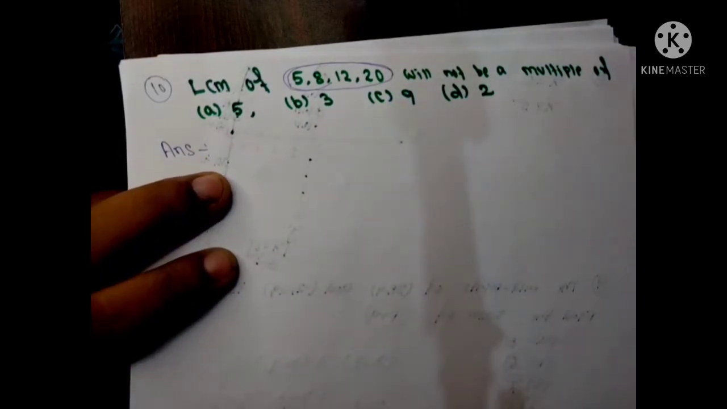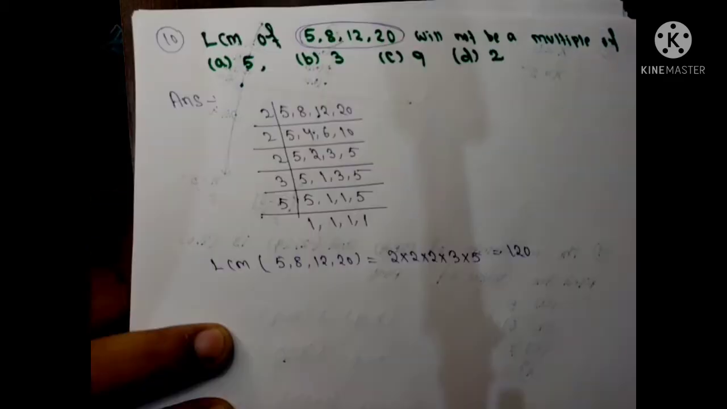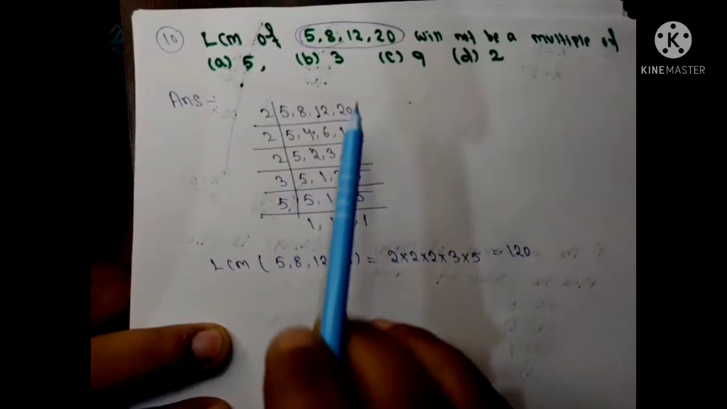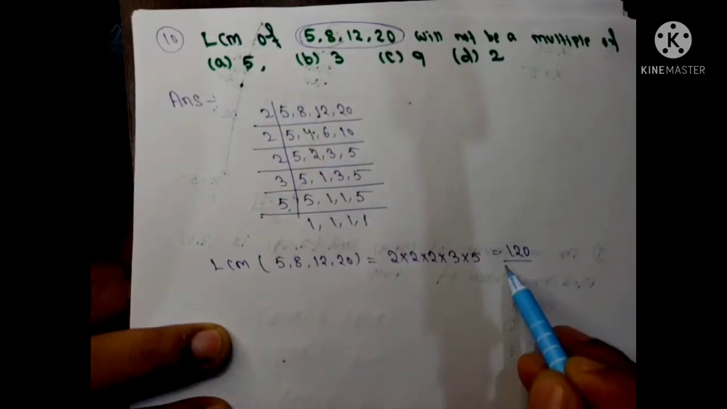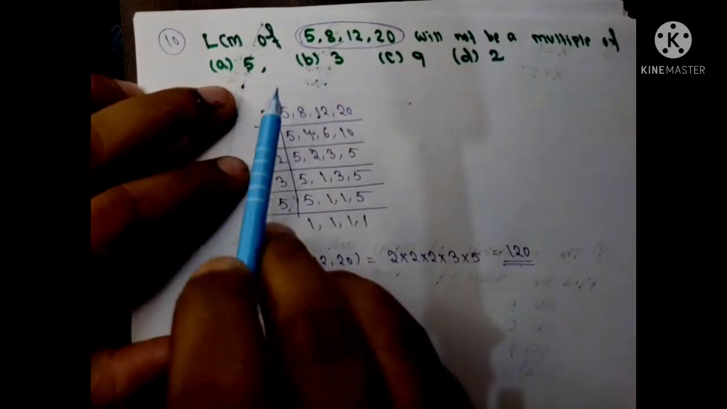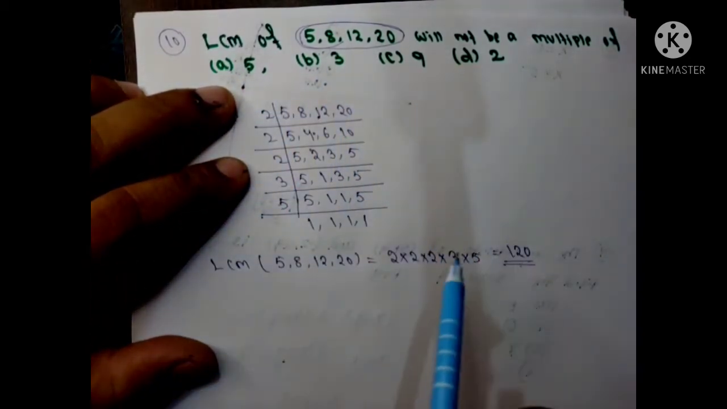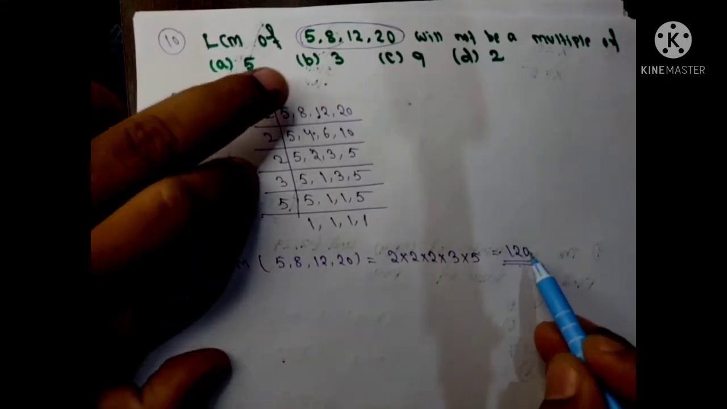ओके, सो लेट्स फाइंड द एलसीएम ऑफ 5, 8, 12 एंड 20। तो मैंने यहाँ पर 5, 8, 12 और 20 का एलसीएम निकाल दिया जो 120 हो गया। अभी हम देखेंगे ये जो 120 है वो इन चारों ऑप्शन में से किसका मल्टीपल नहीं है। इसका आखिर में 0 है, मतलब ये 5 का मल्टीपल होगा।